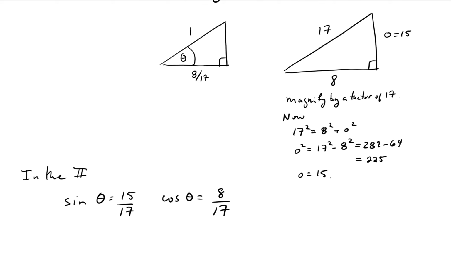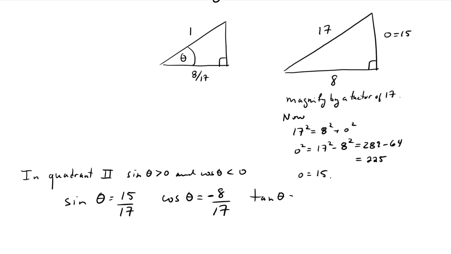In quadrant 2, sine is positive, and cosine is negative. So cosine is going to be minus that. Okay, so I've got sine, I've got cosine, and then